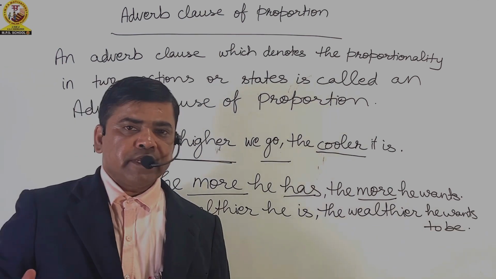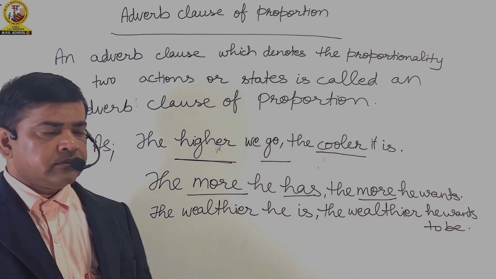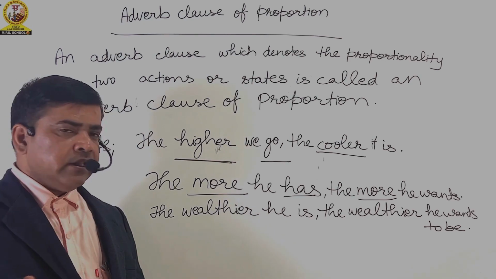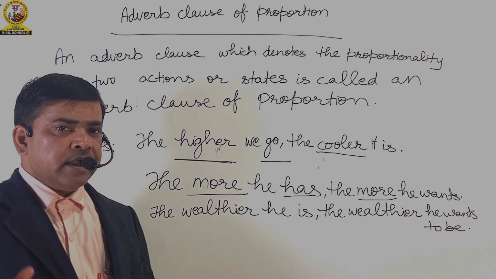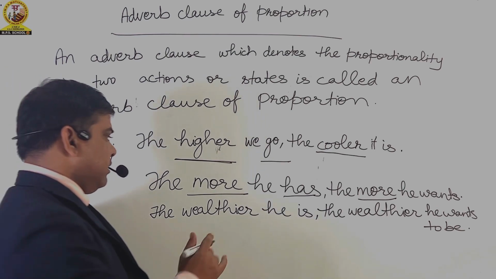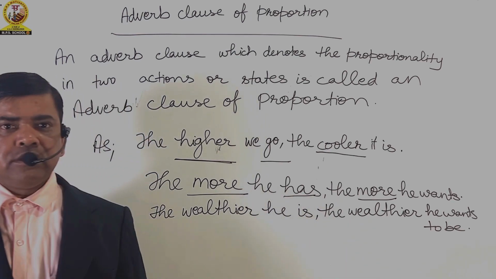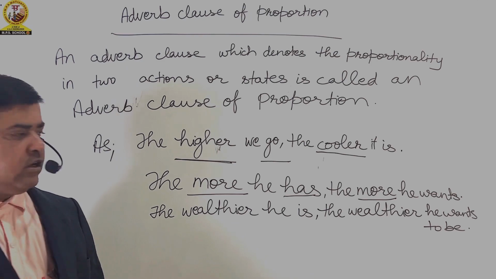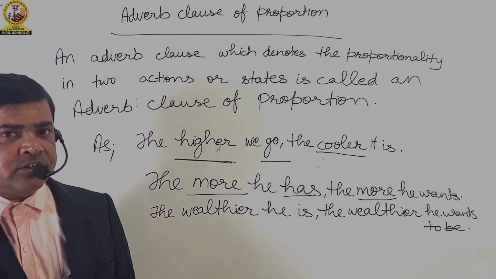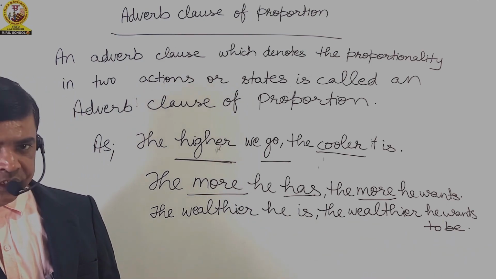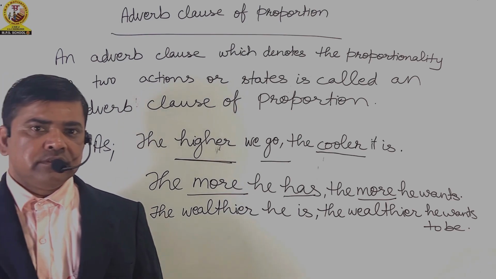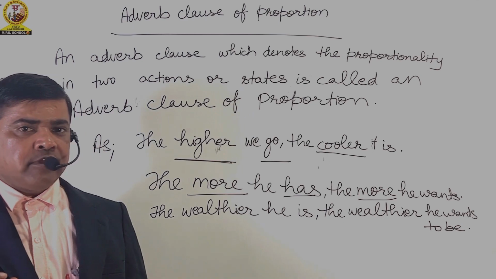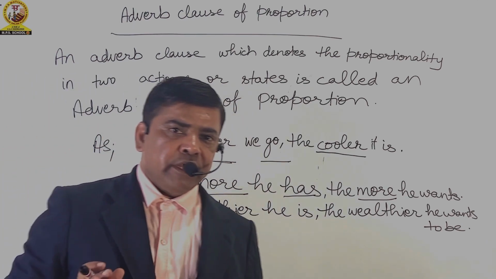Friends, I have taken one more example. The wealthier he is, the wealthier he wants to be. Here the wealthier he is denotes the state, and the wealthier he wants to be denotes action. So friends, with this example on adverb clause of proportion, I am ending this session,